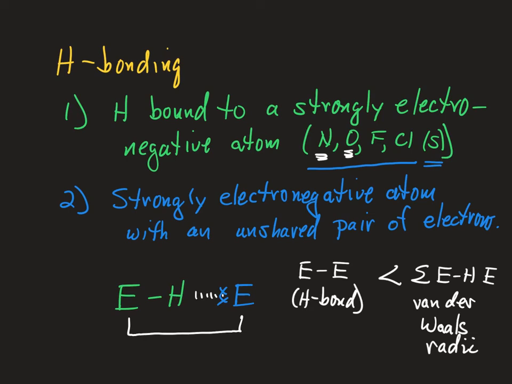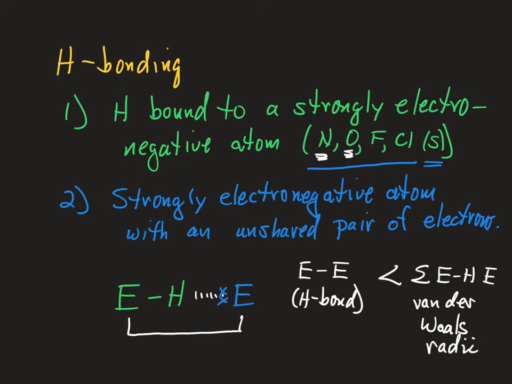Right? It is strongest if the electron density of the bond between this electronegative atom and hydrogen lines up directly with the electron density of the unshared pair, right? So there is a preferred geometry where there is a straight line between this electronegative atom, the electrons of the sigma bond, the hydrogen, the electrons of the unshared pair, and the nucleus of this electronegative atom. Those all need to be in the same line for the hydrogen bond to be its